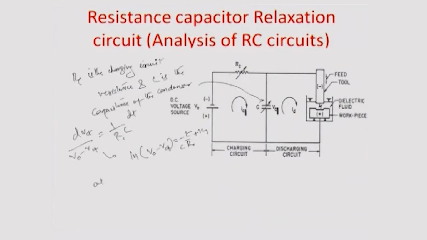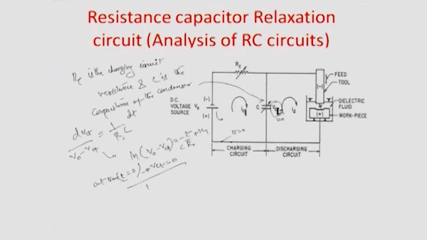We know that at time t equal to 0, the amount of charge which has been developed here, the VC(t), is also equal to 0. So, VC(t) equal to 0 at time t equal to 0, because hardly any charge has flown from the voltage source. We can assume a switch actually in the circuit, and we can say that the switch closes at time t equal to 0, and therefore,